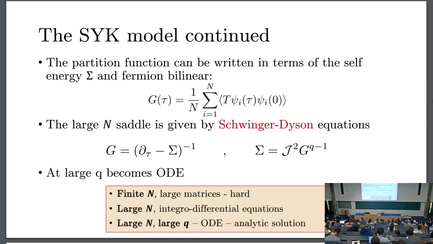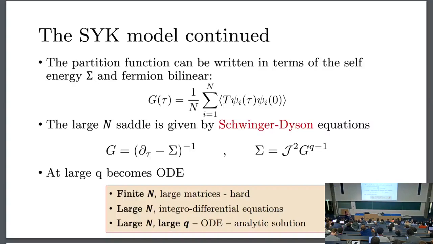The partition function of the SYK model can be written in terms of a self-energy and the fermion bilinear, which is essentially the fermion two-point function. And what's nice about this model is that when one starts taking limits, the model becomes tractable and one can solve many things. It's quite a special instance of a model that is chaotic and strongly interacting, but nevertheless,